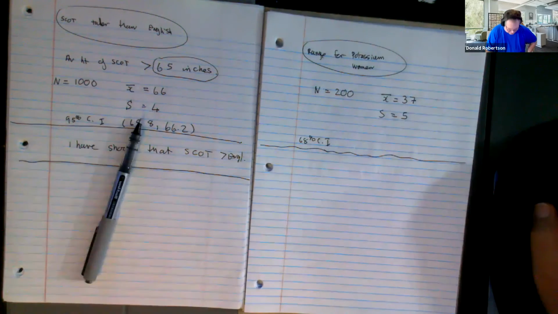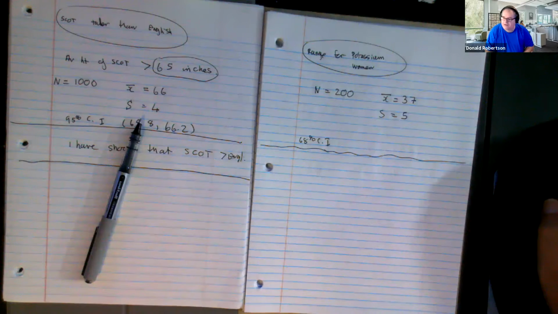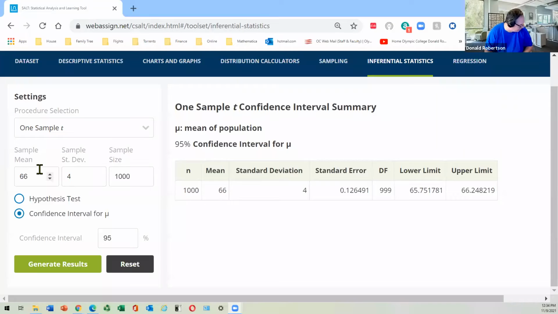All the numbers that we need are kind of here, right? And so SALT pretty much takes care of a lot of the groundwork for us, which is great because it means we don't need to worry about it. Are you looking at the same page that we were a minute ago? Right. So I'm going to change the mean now, and it's now a 37. And we're going to do a standard deviation of 5, and the sample size was 200.